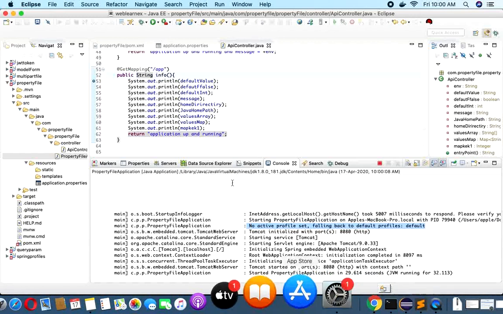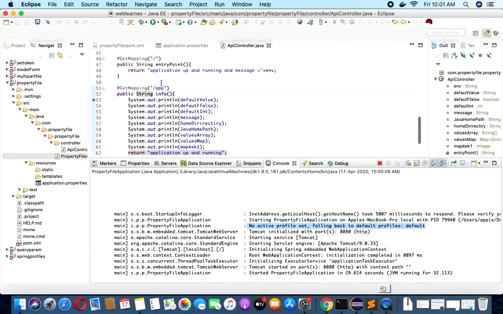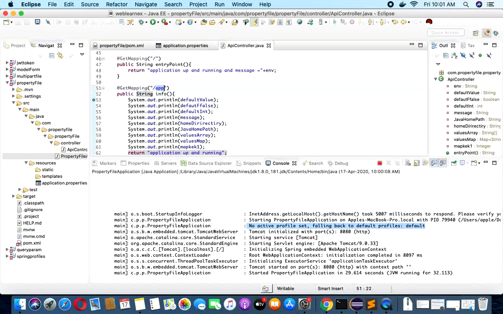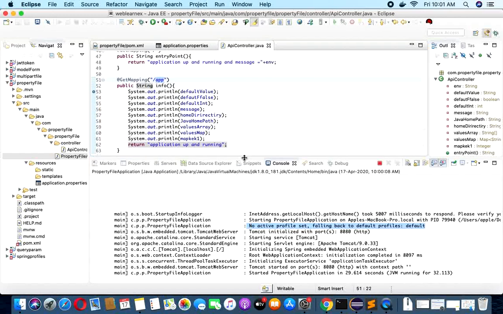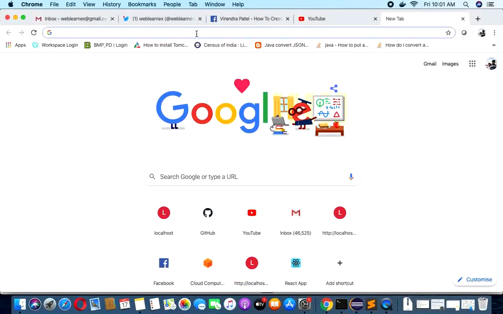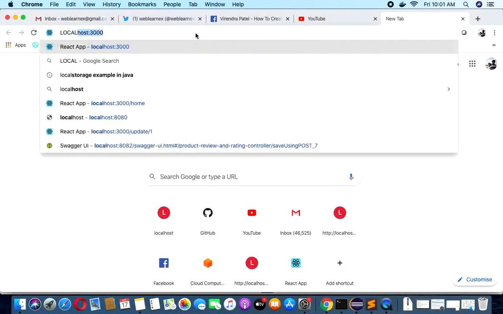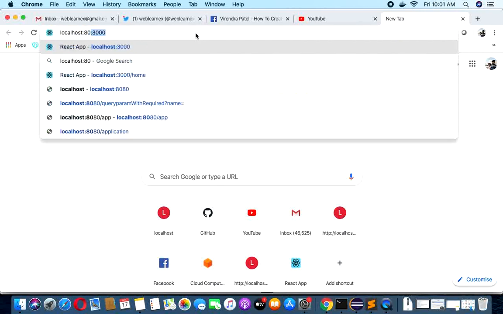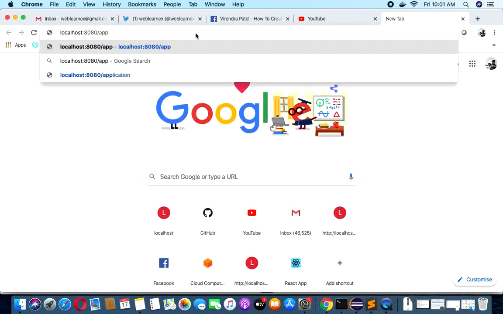Let me run this. I have created one endpoint with the get mapping, so there is no requirement of Postman. We can directly run it in the browser. So let me open my browser. Localhost 8080/app.